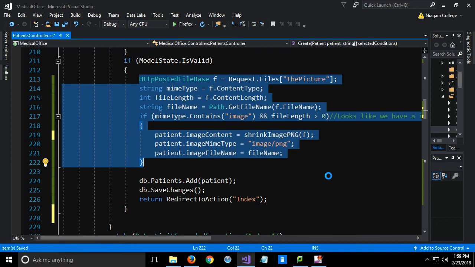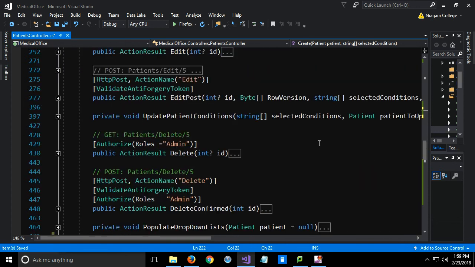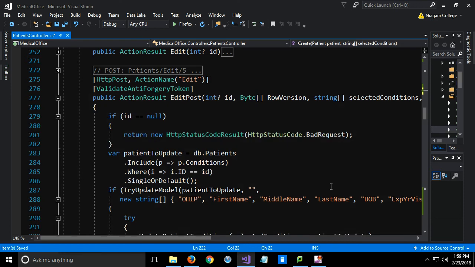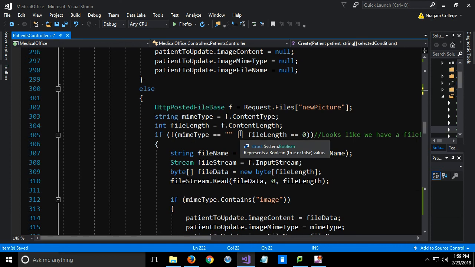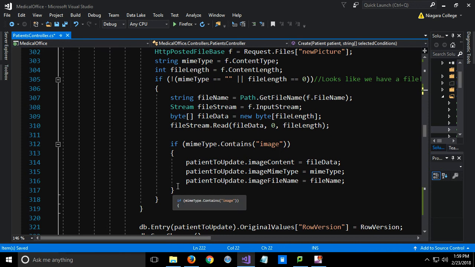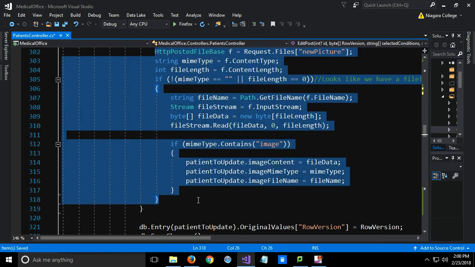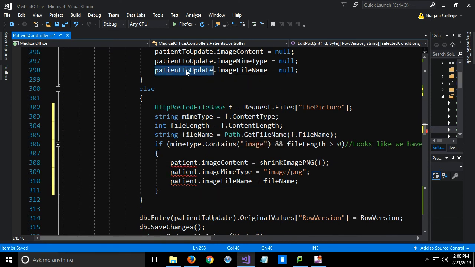Now when it comes down, I can basically take the same code, come down to the edit, since that was the create. And this is pretty much the same thing here, okay? And of course we have our checkbox to decide if we're removing the image. Remember we just set everything to null, and that just basically removes the image from the patient. Else, we're going to replace it with the uploaded one. The only difference here is of course it's going to be patient to update, but actually I have to confess it did catch me the first time. I didn't notice that besides being patient to update,